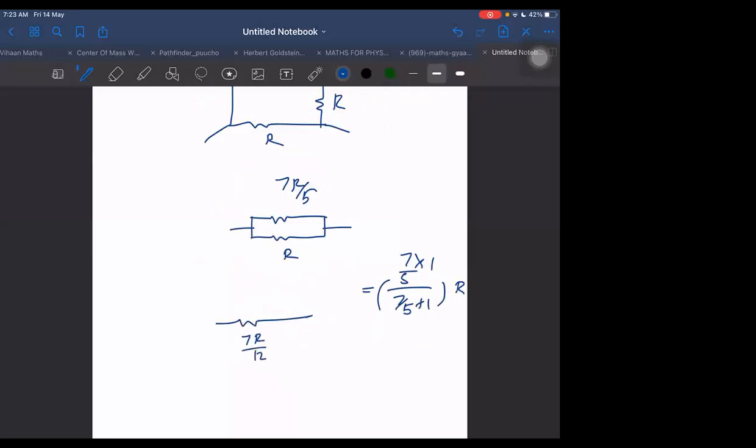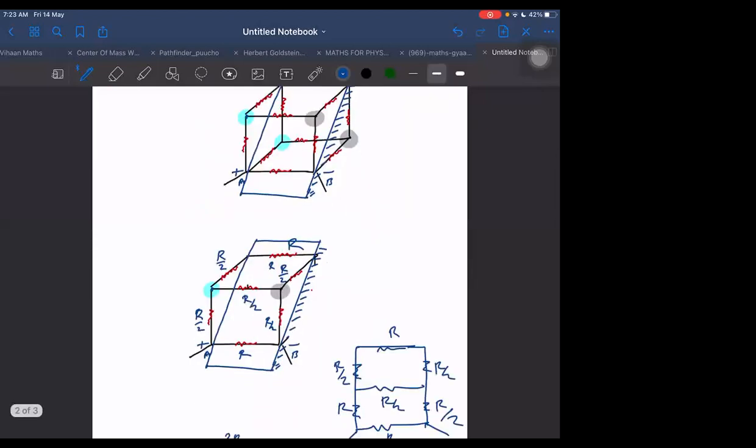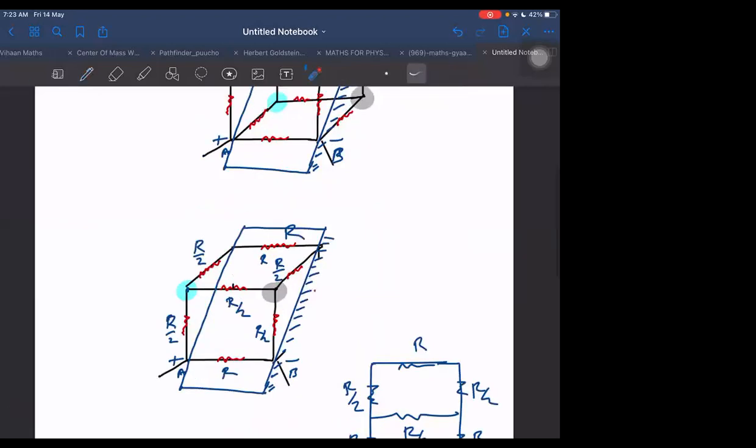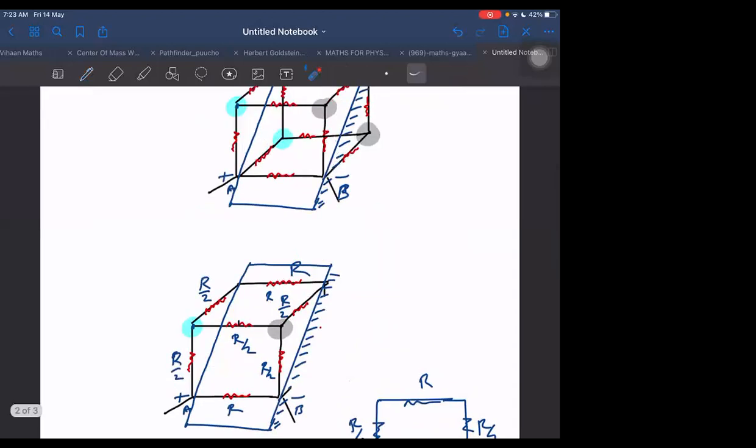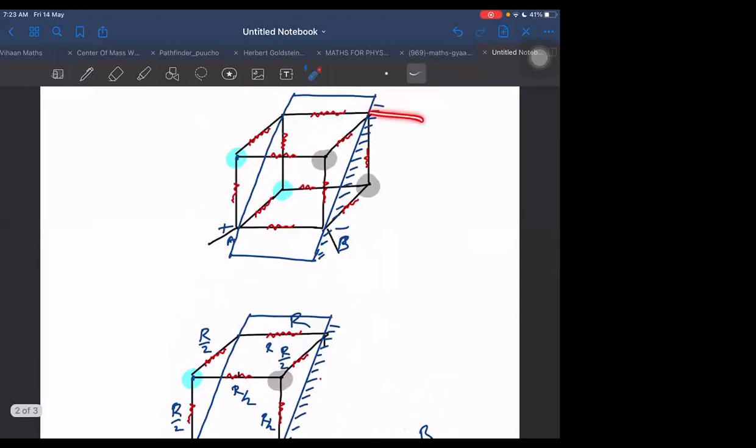That is the resistance when connected across which terminals? We are connecting across adjacent sides of the face, across AB. One side means the side across which we are connecting. Now we will connect across the face diagonal. That is the second case. The third case is the body diagonal. One case is this side, another is face diagonal, third case is body diagonal. These three cases are there in this.